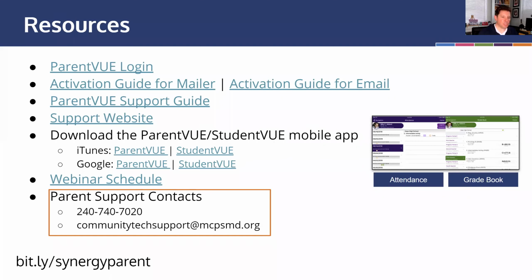If you have questions about any errors in your ParentVUE activation letters, please contact our parent support contacts at 240-740-7020 or the email